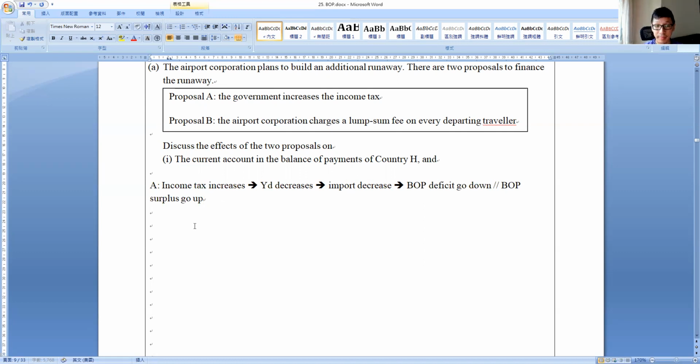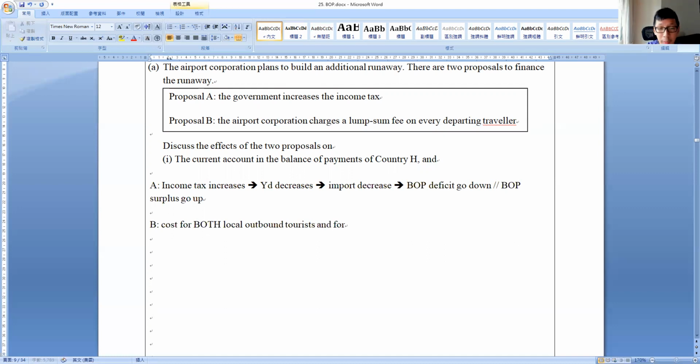OK, 得唔得？ So this is Proposal A, nothing too special. Now, what's special is Proposal B. 好啦，Proposal B, remember, the lump sum fee on every departing traveller 任何人經過都唔得。Therefore, the cost for both local outbound tourists, 係咪啊？即係我哋 country H. The country H local tourists wanting to go outside